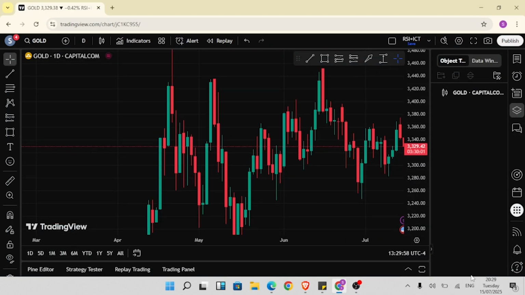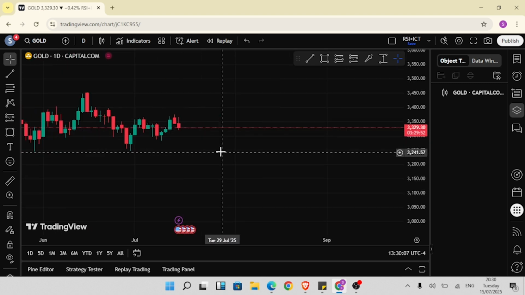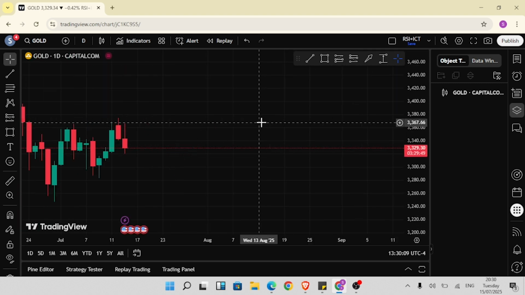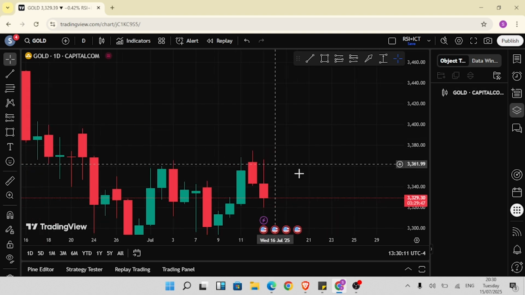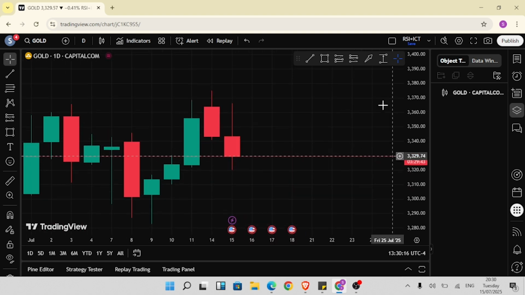Today is Tuesday, 15th of August, or 15th of July. So we are reviewing today's trade. Look at this. So this is the daily time frame. You can see we had